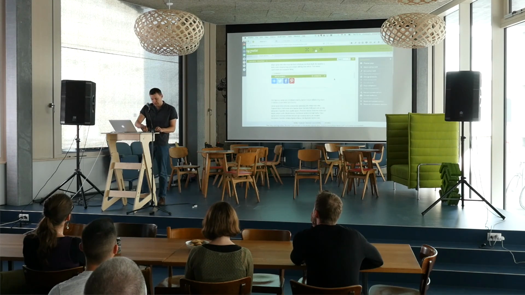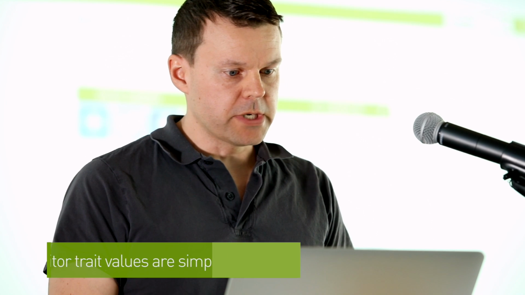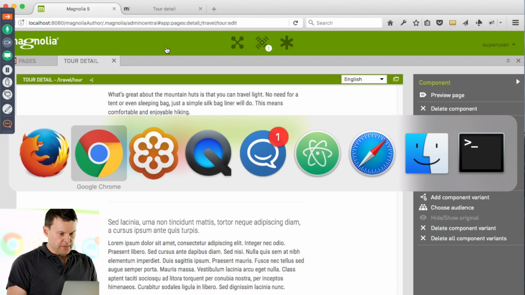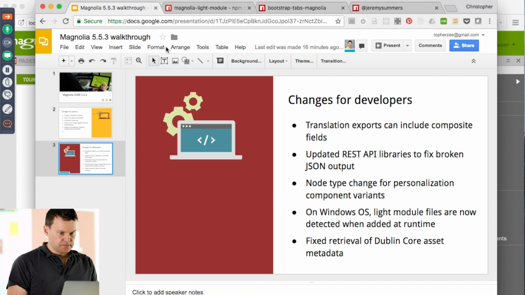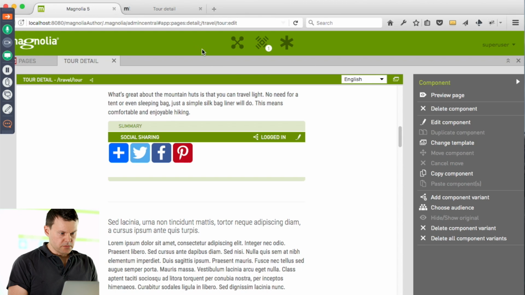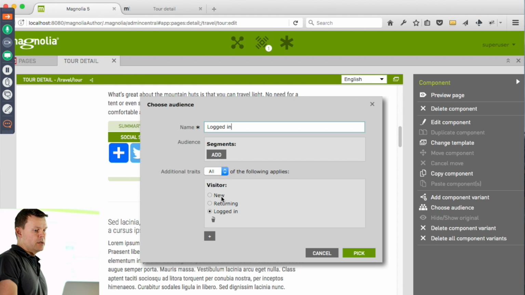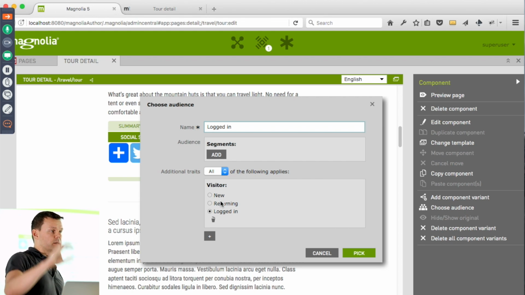And from that, I'm going to jump right away to how the visitor trait values are simplified. Here we have, let's go to a visitor trait. So I'm going to open the choose audience dialog. And here's what the values look like today. A visitor can be new, returning, or a logged in one. And before, in this space, we had three checkboxes: new, registered, and logged in. And with those checkboxes, since checkboxes you can select multiple of,